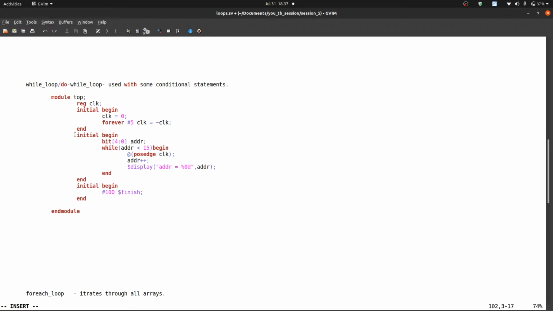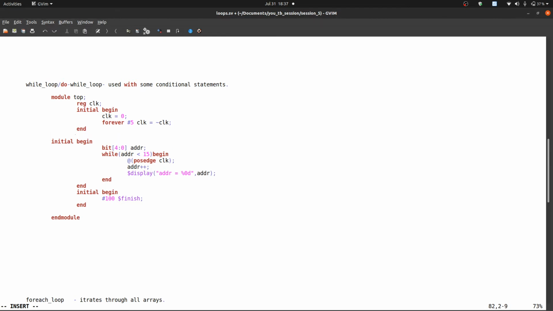After that, here we can find the difference. Let's say the data type is address, it is bit type, 4 down to 0. After that, while address is less than 15, it will run this loop, only this section, when the condition is true.